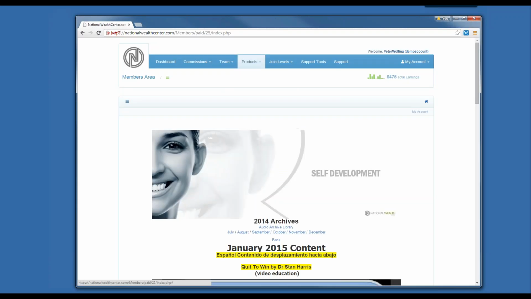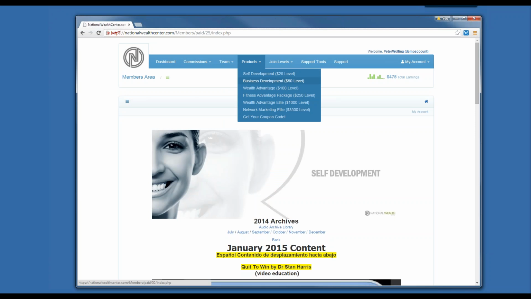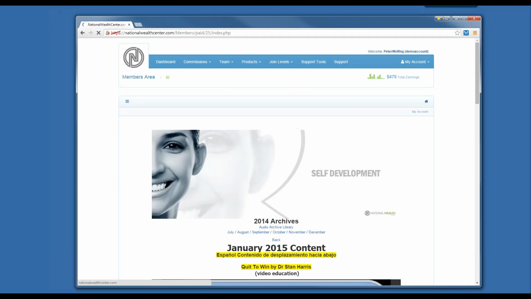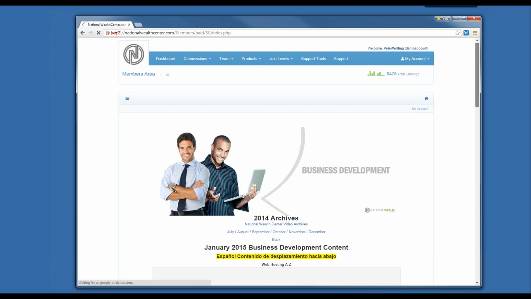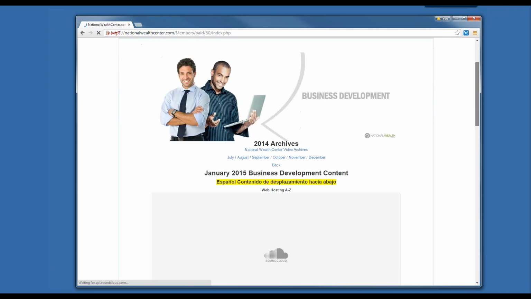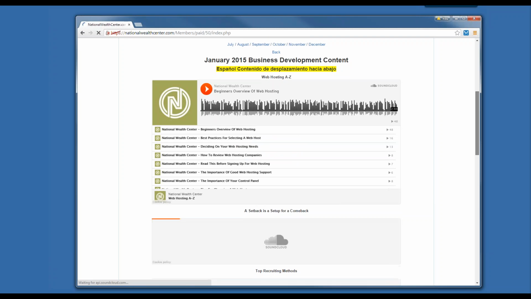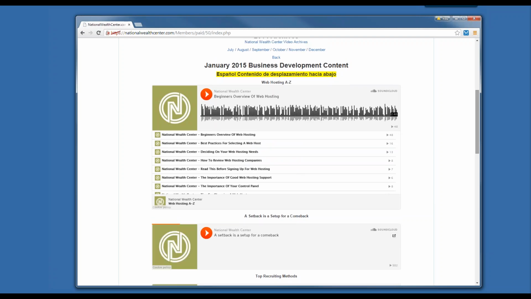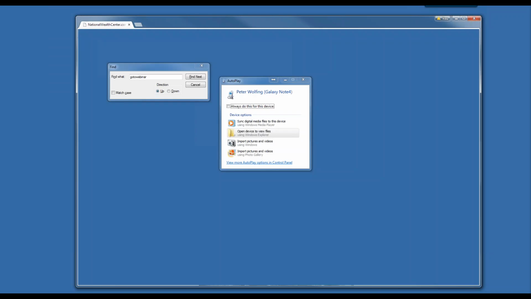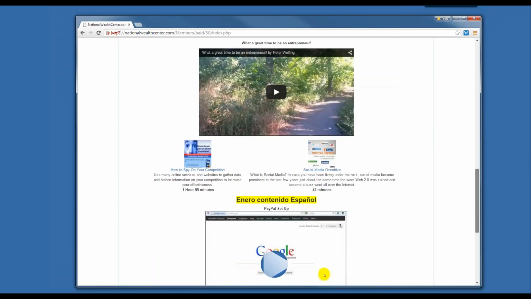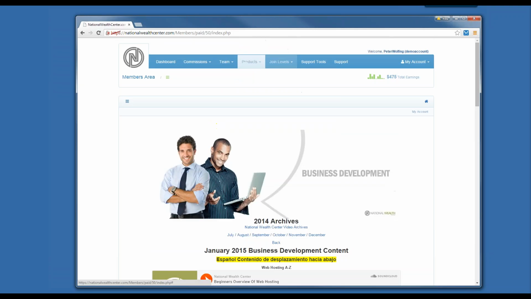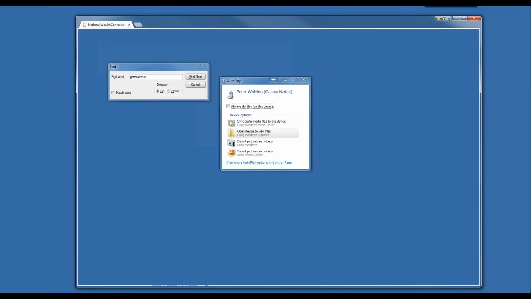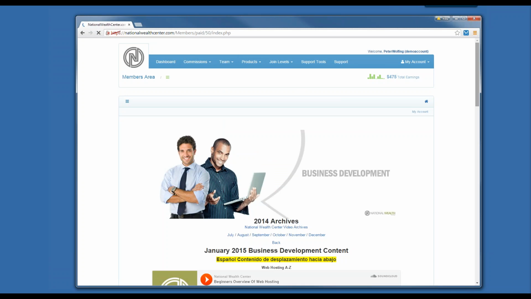Self-development, and if you go into business development, I'm not going to go into each one of these levels, but the products are extensive on each level. So now that you know that we're not just giving you one product per level, it's a whole grouping of products, and generally they're loaded within the first few days of the month. All right, so we go down here, lots of different things for you to be able to view about the product line. And if you go all the way down to the network marketing elite program,